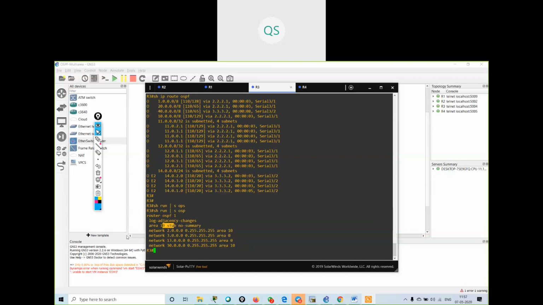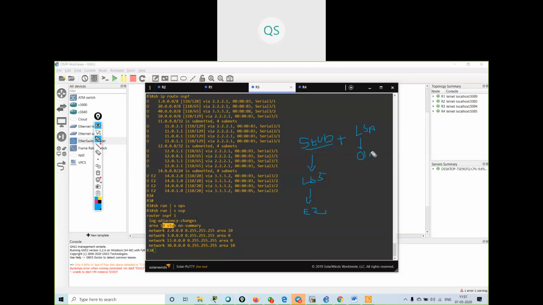Totally stub is a combination of, you can say, by default it is using stub. By default it will be using stub, which means it is stopping my LSA 5. LSA 5 means my E2 routes. It is stopping my E2 routes by default, plus it is stopping my LSA 3 also, that is my OIA routes.